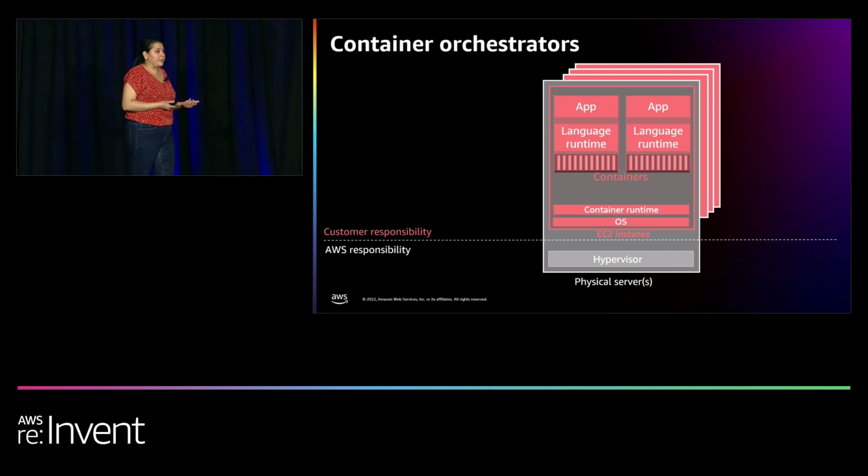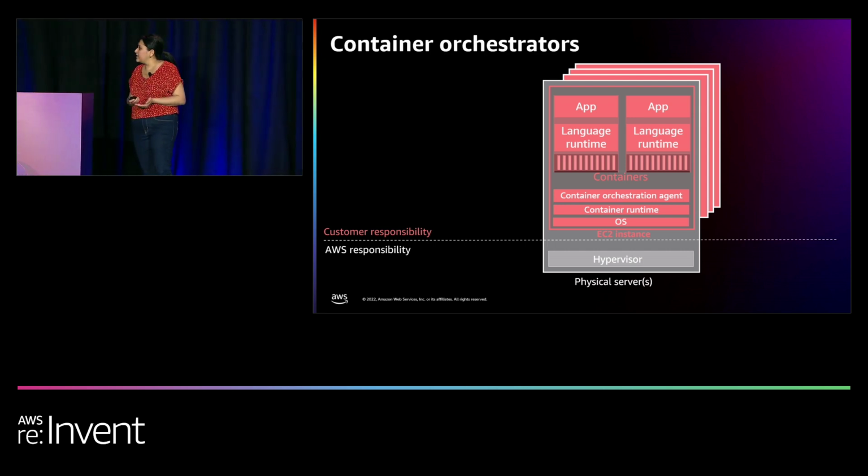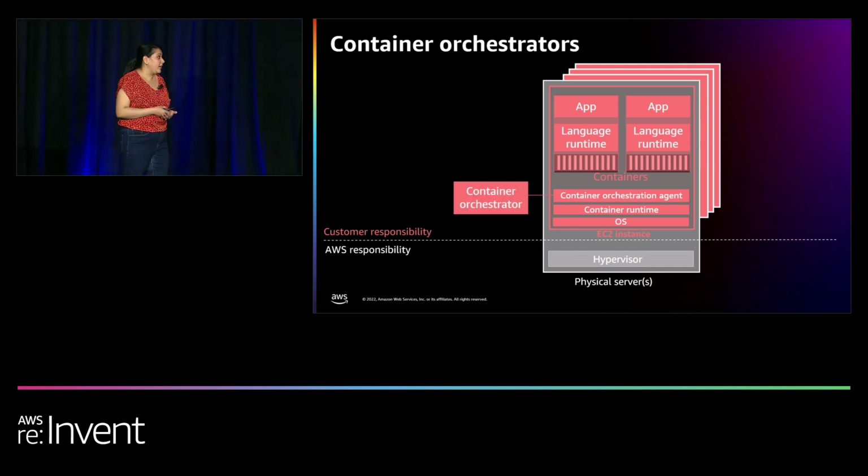So when a workload request comes in, how do you find the right spot on the right instance to actually go launch this application? And so we saw a lot of these container orchestrator projects start to crop up. Mesos was a popular one. Kubernetes is a big one today. And a lot of these orchestrators were basically large open source projects. And what customers were doing is that they would install an orchestrator specific agent on this instance, and then the agent typically talks to a control plane, which is a much larger, beefier piece of software that has all the smarts for running the placement logic and the execution of the